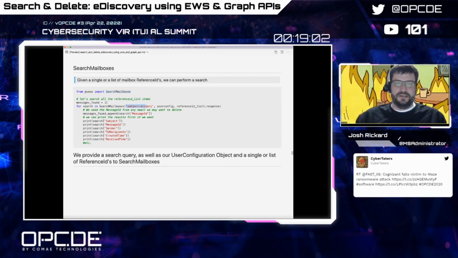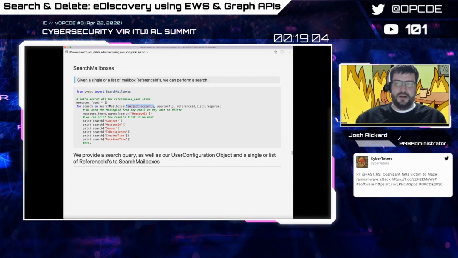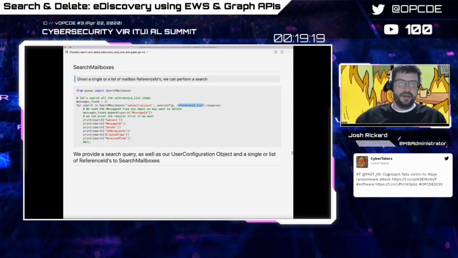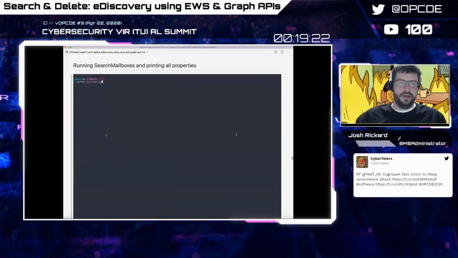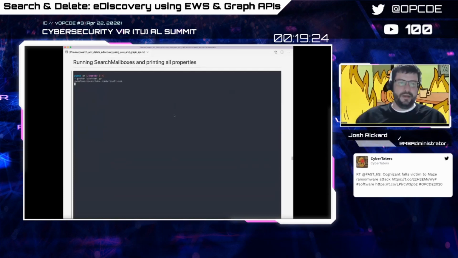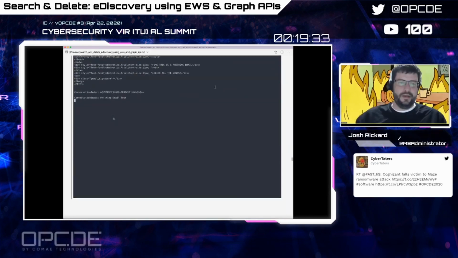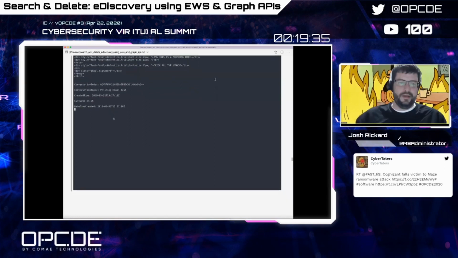We pass in the string, and we'll talk about the different options here. But we have the user configuration object that we've created, as well as that reference mailbox list. And then we can print out the entire message or very specific attributes about that message. Here, when we're searching mailboxes, I'm actually printing all the properties, and I have a wait so I'm printing them out to make it easier to show. But here's the body of the message: conversation index, created time, date times,